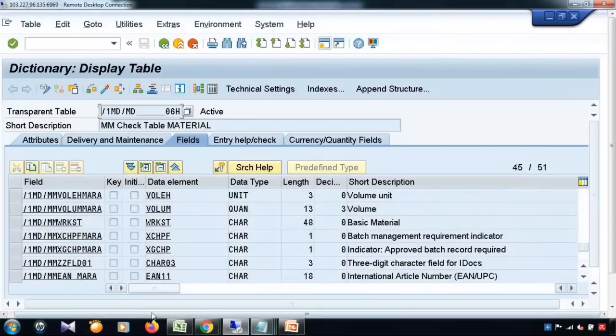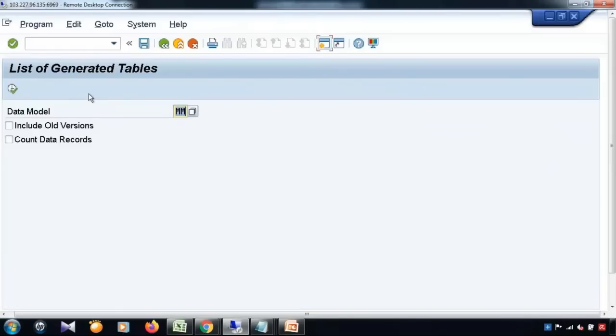I can see that information here. Okay, now we can move to the UI part. So in the UI part, we can go to SEAT, and here